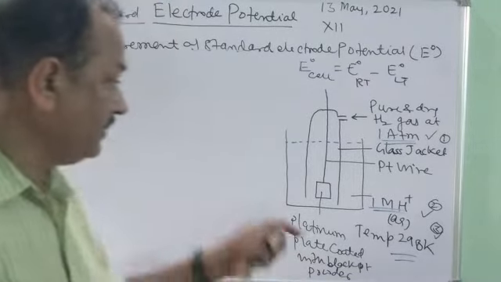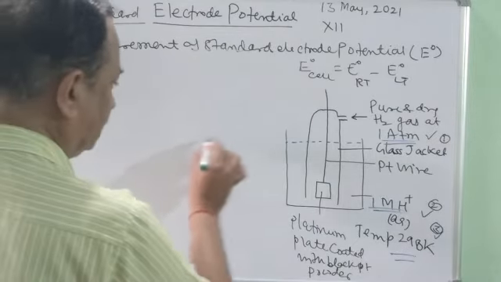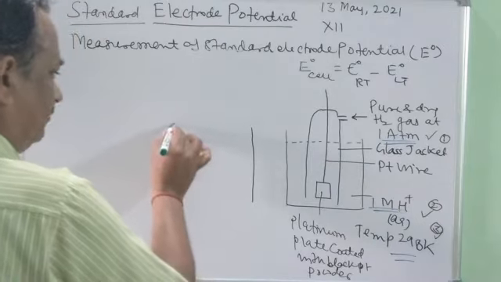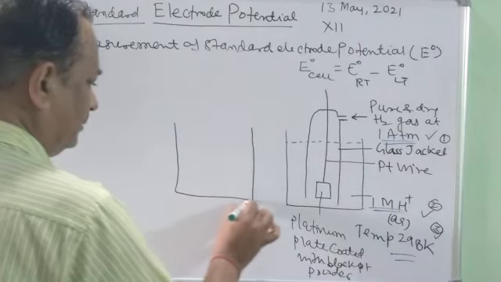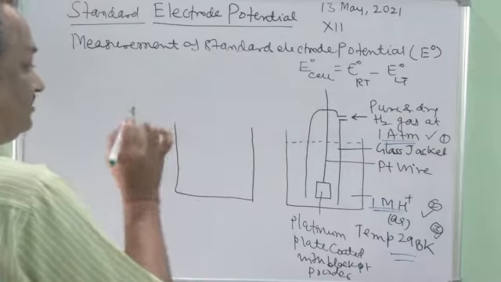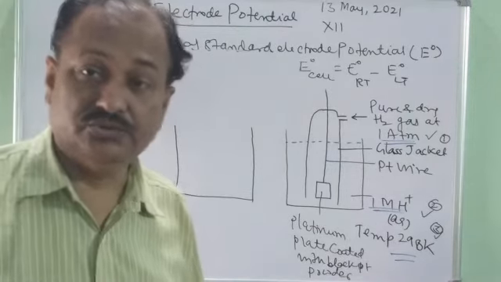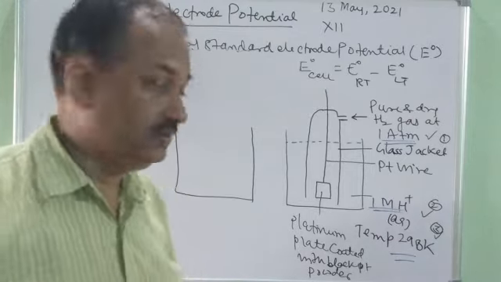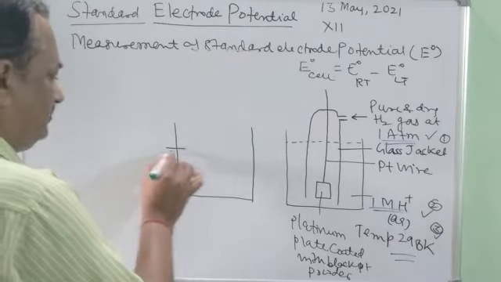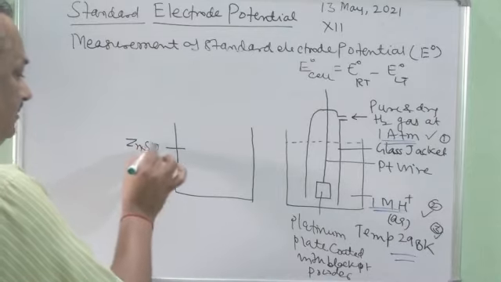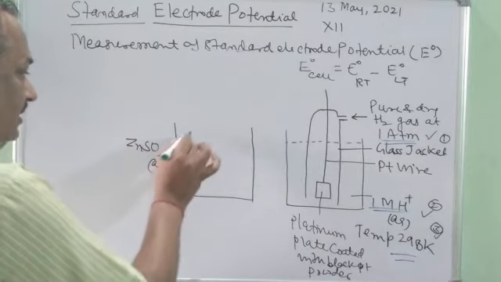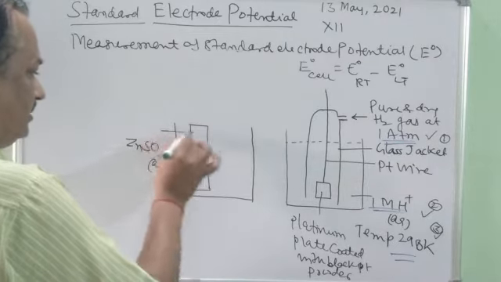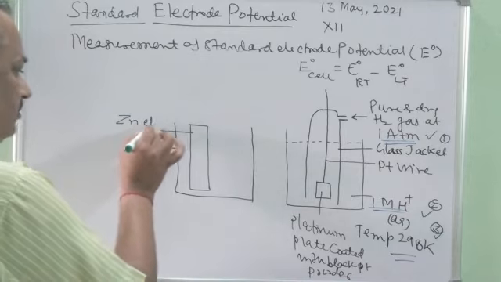Now see, I am going to draw the other electrode with this, and we will see about the determination of standard electrode potential of zinc electrode. How to determine the standard electrode potential of zinc electrode? So here again, same condition. Here we will take the zinc sulfate solution, and there will be the zinc electrode,